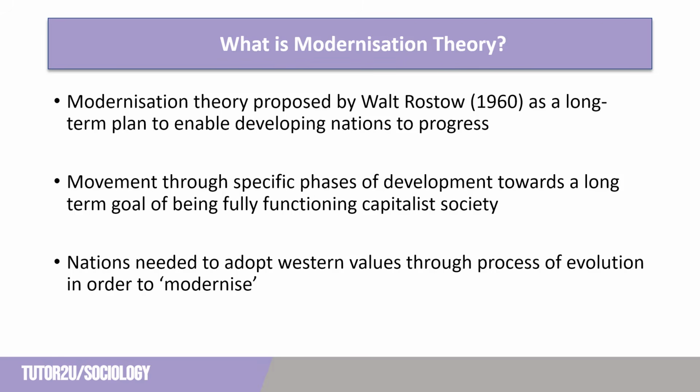Modernisation theory was suggested by Walt Rostow in the early 1960s whilst he was working for the US State Department. Rostow looked to explain how nations develop, drawing on the ideas of functionalists such as Durkheim and Ferdinand Tönnies. He argued that nations develop through distinct stages, and cited the growth of European nations during the Industrial Revolution as an example. Rostow argued that nations have to fulfill certain criteria before they can evolve to the next phase.